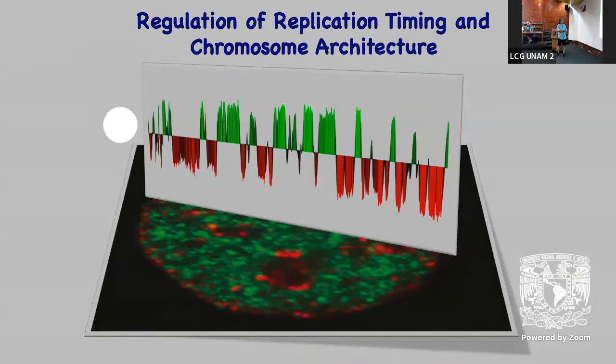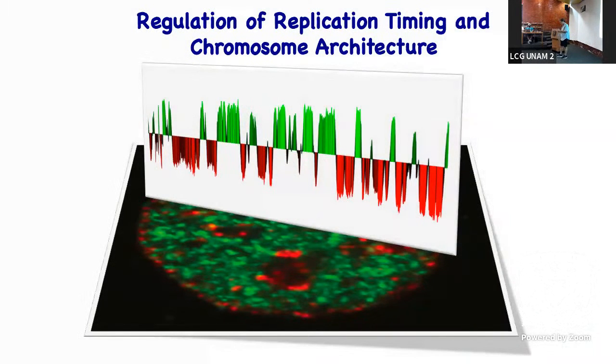And up here, you're looking at genomics data that I'm going to explain in detail later, but you're looking at early in green and late in red regions of a chromosome along the length of the chromosome. So you can see there are early replicating, early initiating, middle initiating, and late initiating regions throughout the genome. And there's also discontinuity. So there may be small regions within here that represent these foci, but that hasn't actually been proven. So you can imagine lots of opportunities then to link what you see and what you measure by genomics.